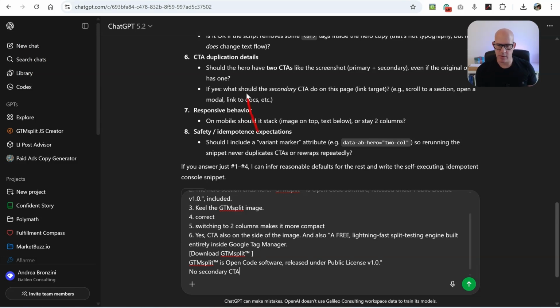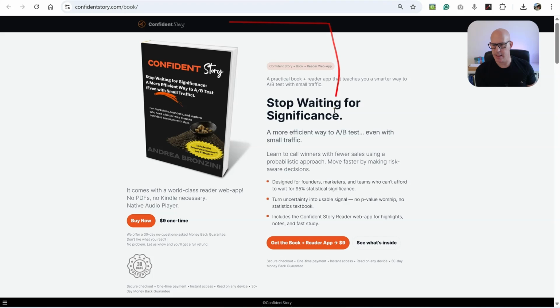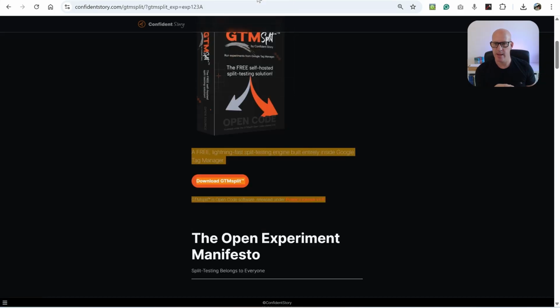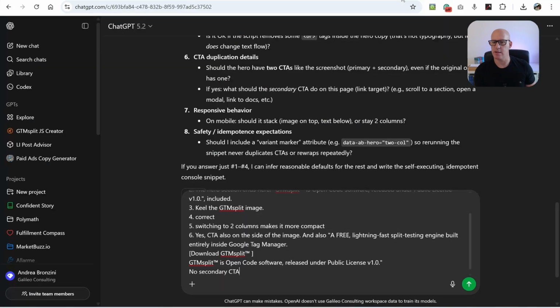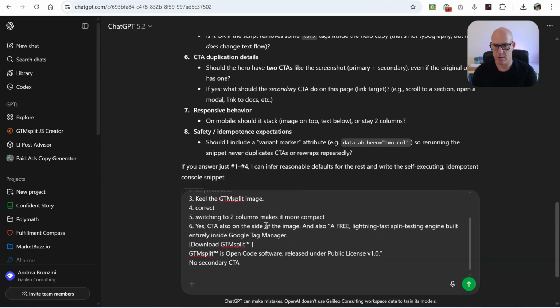CTA. So the question it is asking is, this page has two calls to action. This is the secondary call to action, and this is the primary. So here there is only one button. And I just said I don't want a secondary CTA, okay? Responsive behavior. So I want it to stack. Okay. So again, we just copy this from question to statement. This is 7. On mobile, it